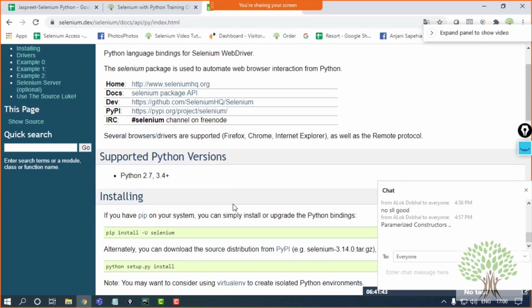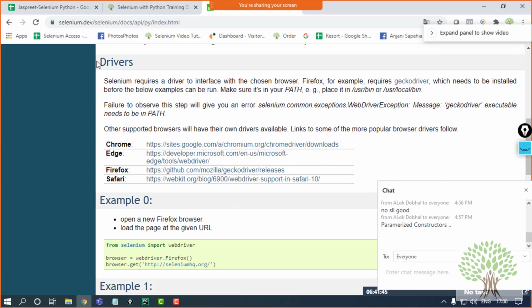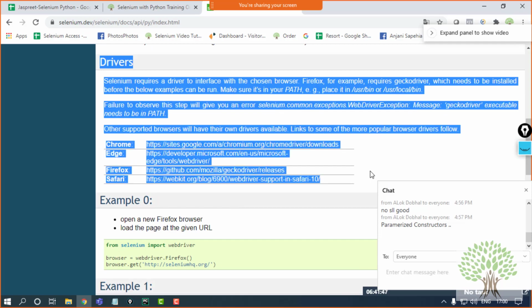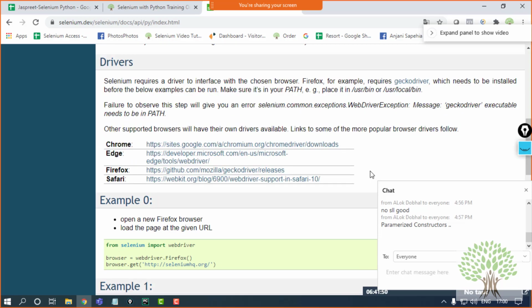Once you go into the API docs, on this page you will get a section of drivers. When you run it on your system the very first time, you are going to get this error. The driver name that is required to open up the browser, executable needs to be in path. This is the error that you're going to get.